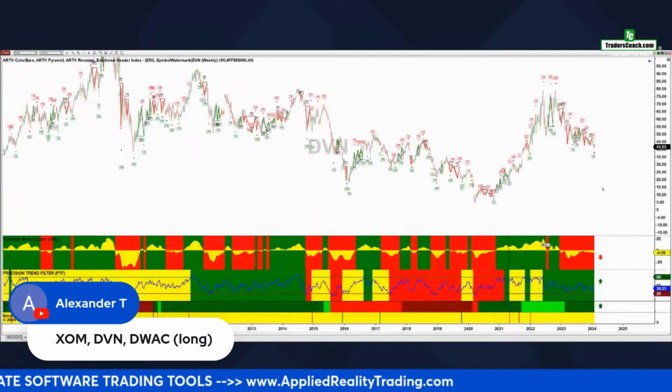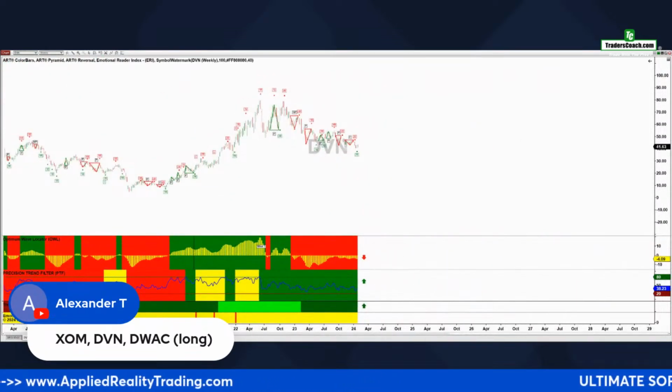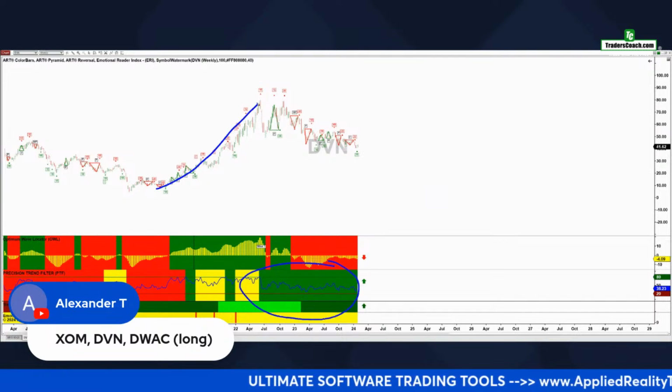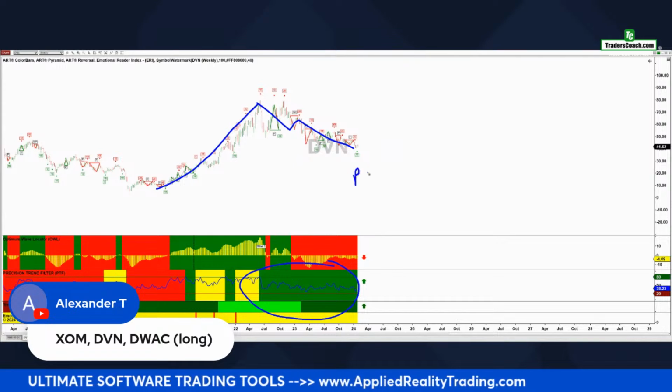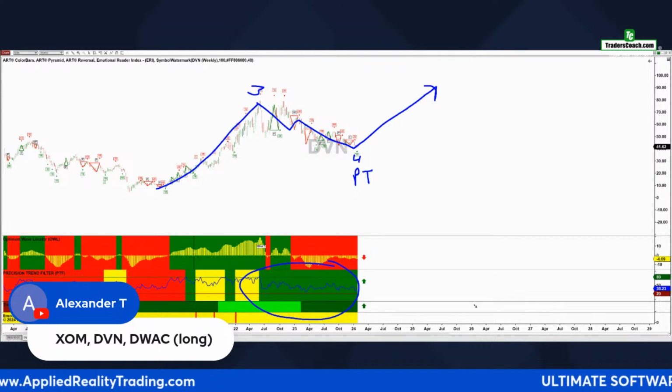Let me just open up this chart here. All right, so this is definitely an impulsive wave of some degree. And with this green here, this is indicating that this move down is profit taking, so maybe a wave 4 or something like that. And then you're going to have another move up. So that's basically the way it looks.